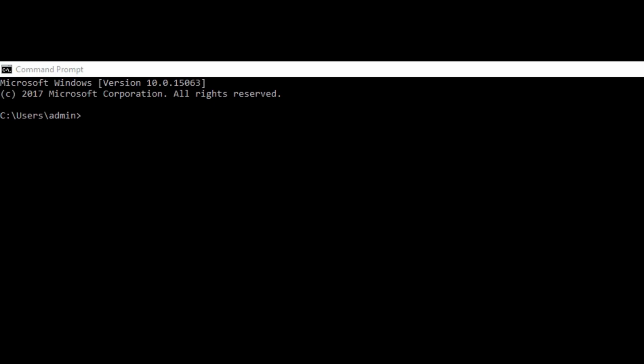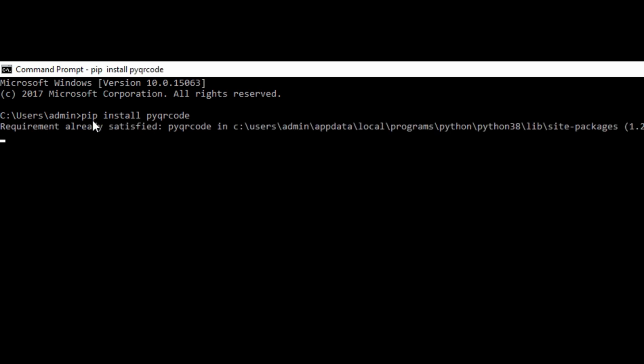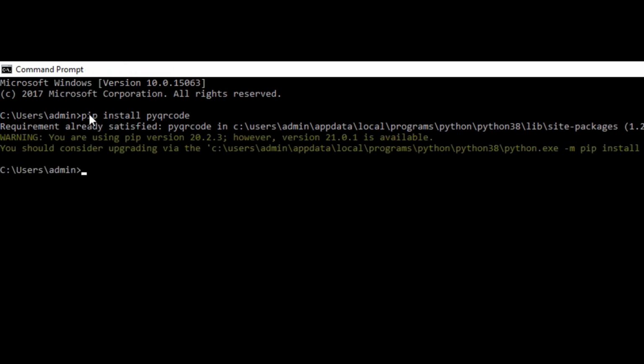First, you need to create a QR code. You can take any QR code, but in this video, I want to show you how to create a QR code using a Python program. For creating the QR code, you need to install a Python package. We all know how to install a Python package in the command prompt. For this script, you need to install the PyQRCode package. So open your command prompt and install the PyQRCode package. The next one is you need to install another package that is called PyPNG. This library is used to save the QR code image in the PNG format.